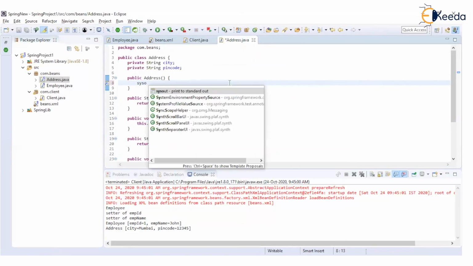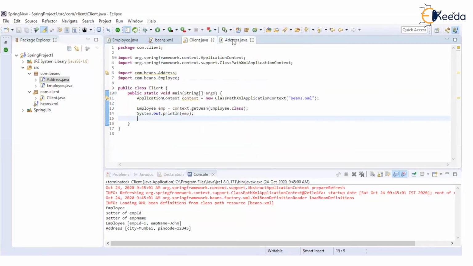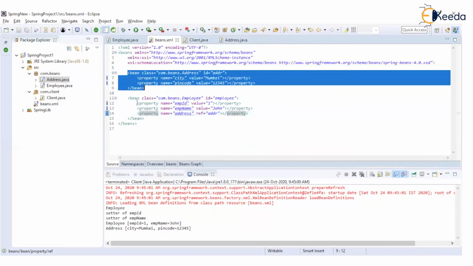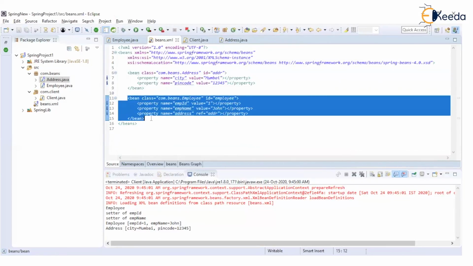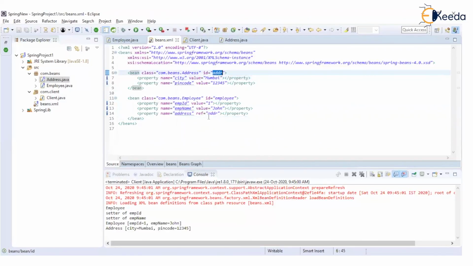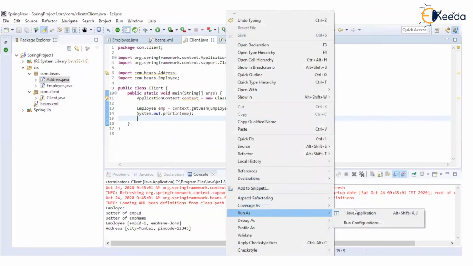We can just have one sysout statement in the Address class constructor. Now what should ideally happen? This object is created, the setter method is called for all these properties, and this object ADDR should be set for this address property in the Employee class. So whenever I am executing this,